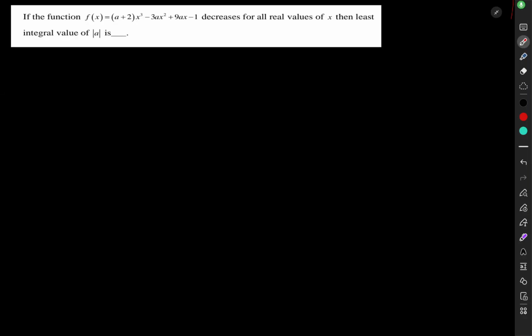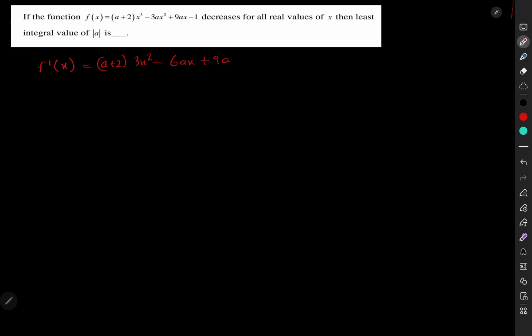Okay, it's a question from monotonicity. The question is, if the function f of x equals (a plus 2)x cube minus 3ax square plus 9ax minus 1 decreases for all real values of x, then find the least integral value of mod a. Okay, it's a very simple question. So they said it is decreasing, so f dash x equals (a plus 2) into 3x square minus 6ax